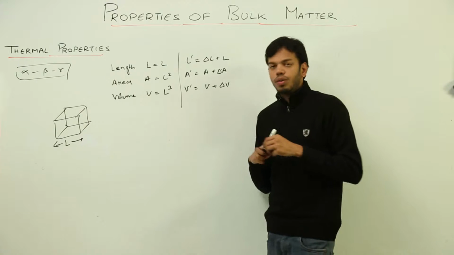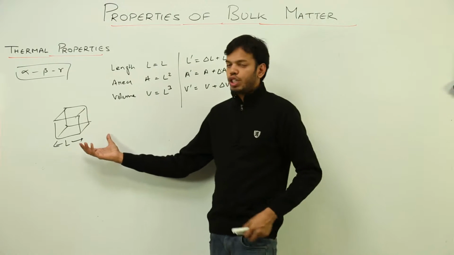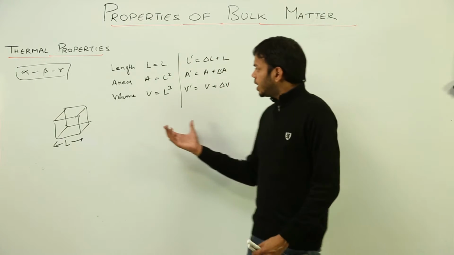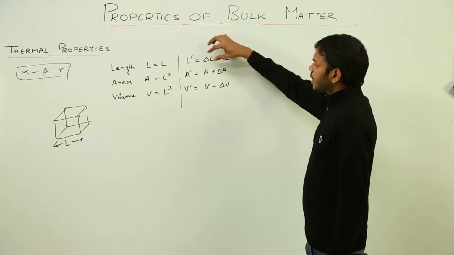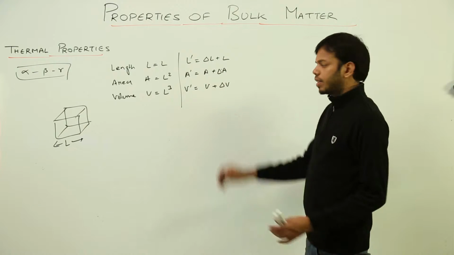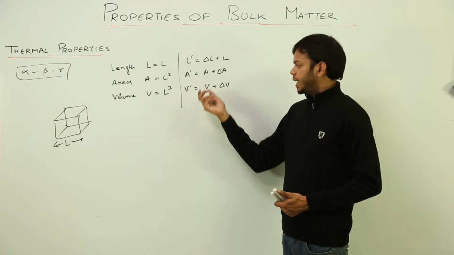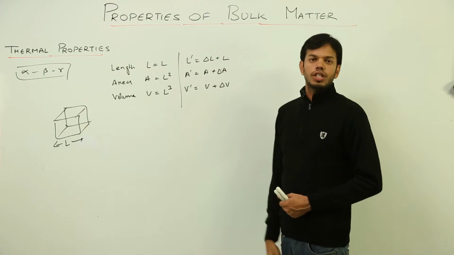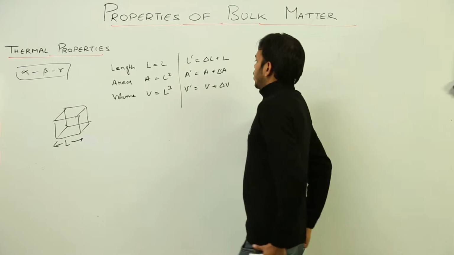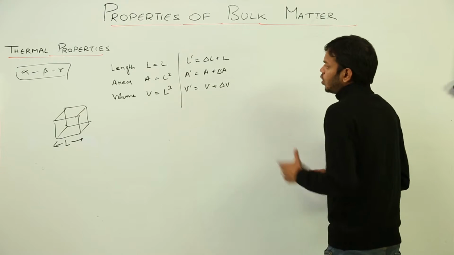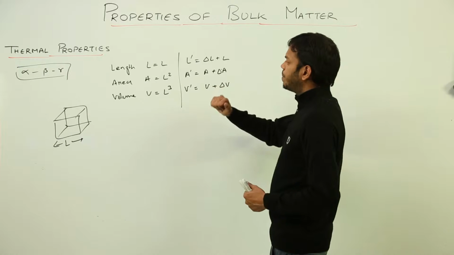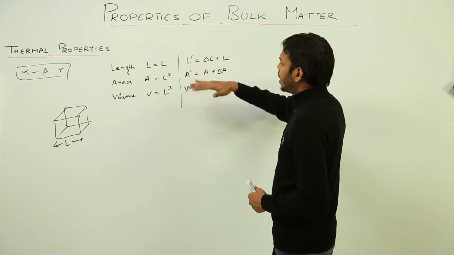So what has happened now? We have increased its temperature, due to which there is a small increase in length. So the final length would be delta L plus original length. Then similarly area would be delta A plus original area, and volume would be delta V plus original volume. This is true. Okay, let's find out a relation between first alpha and beta, that is, we are relating length